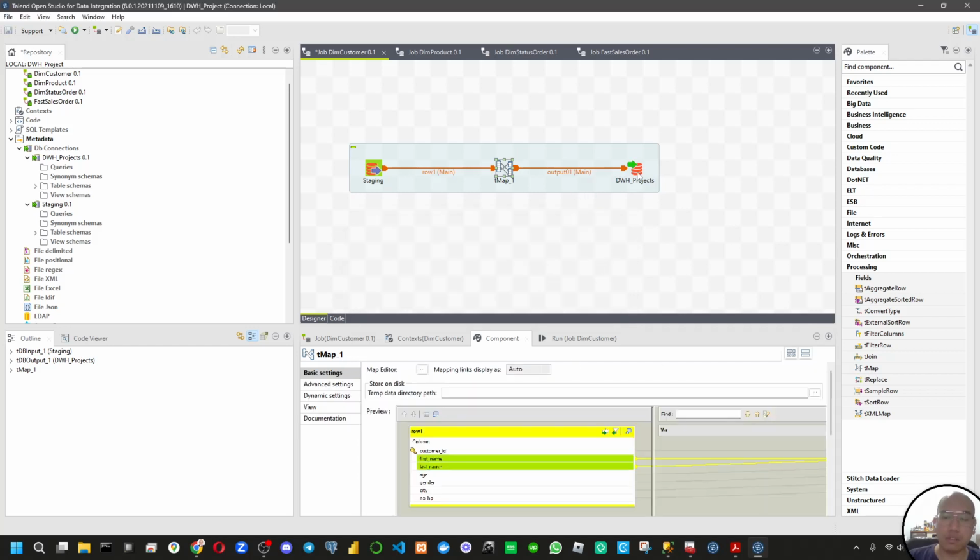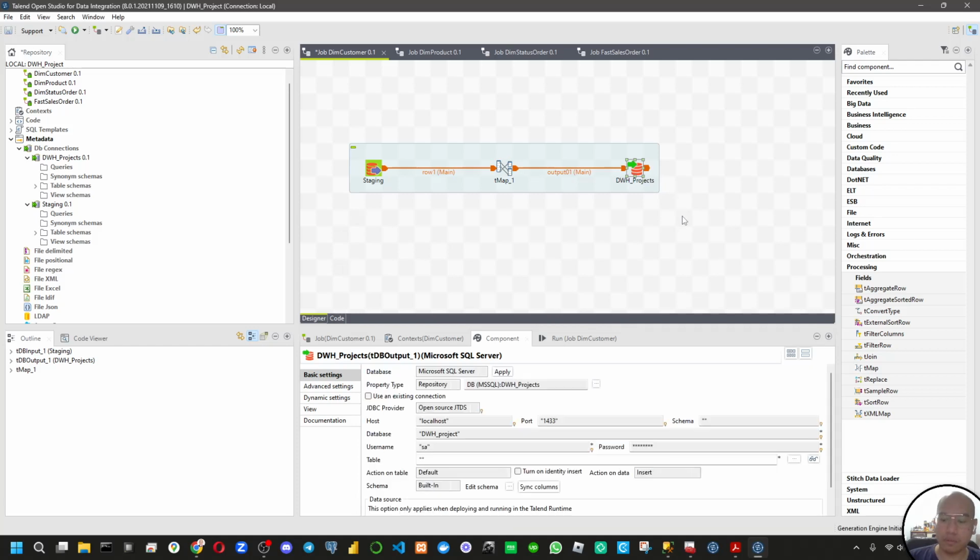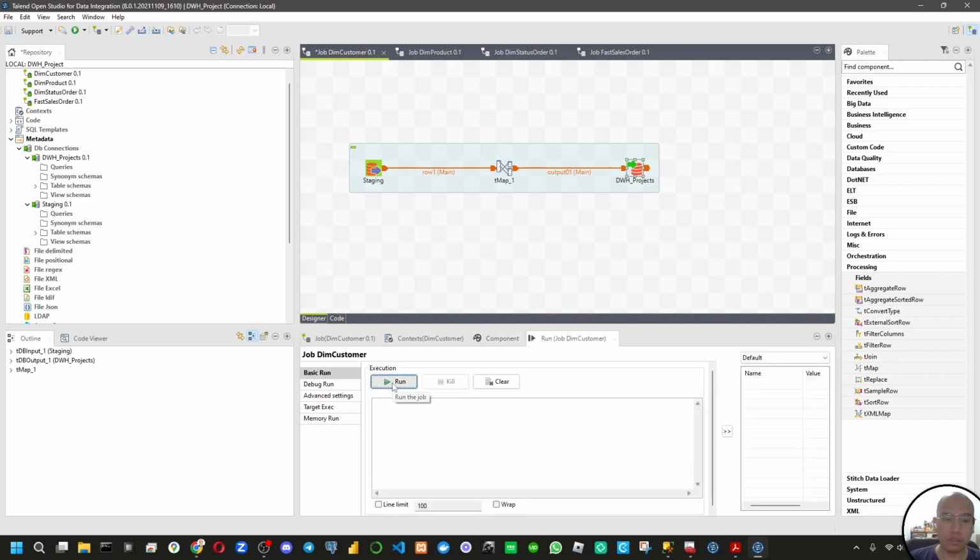Okay, now we click on the output. On the component tab, we fill the table name here, dimension customer. Okay, it's okay. We try to run the ETL.